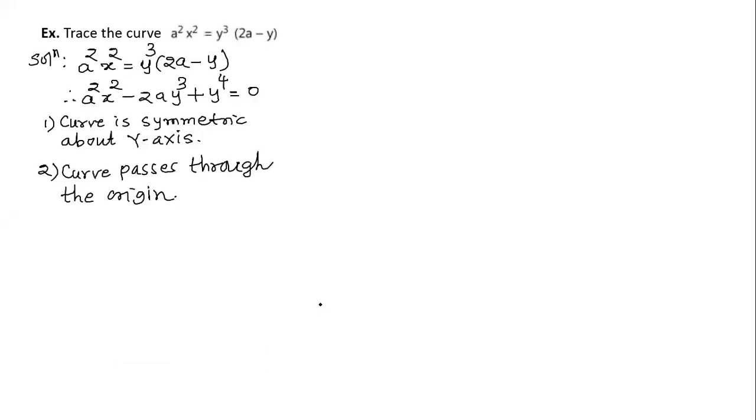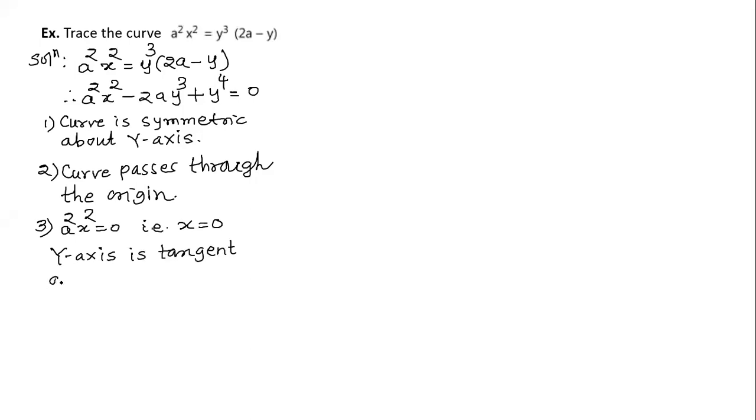So as soon as property 5 is satisfied, we have to go for property number 6. Property number 6 is if the curve passes through the origin, then the tangents at the origin are given by equating to 0 the smallest degree terms in the equation. So there are 3 terms. In the first term, degree is 2. In the second, degree is 3. In the third, degree is 4. So smallest degree term is the first, a square x square equate to 0. X square equal to 0, that is x equal to 0, and that is y axis. Y axis is tangent at origin.